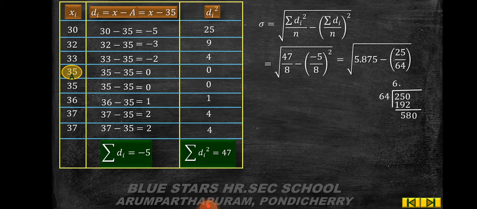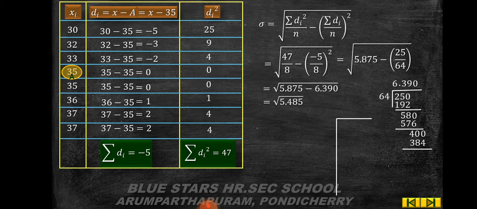Put the decimal, add 1 0, so 3 times 576, remaining is 40, add 1 0, 9 times 384, the remainder is, then the quotient is equal to root of 5.875 minus 6.390, which is equal to root of